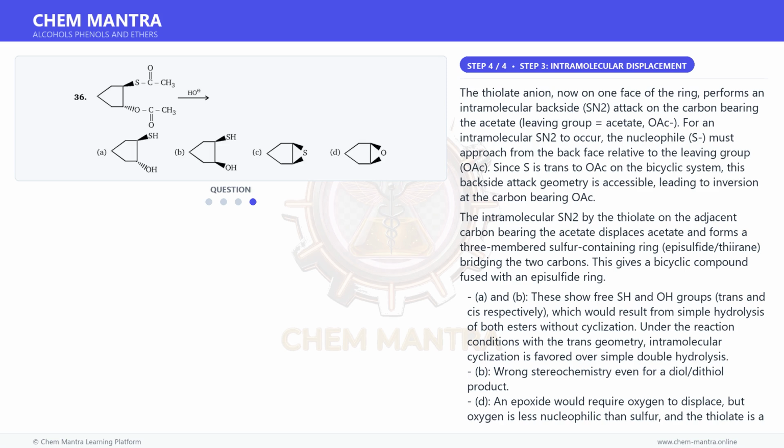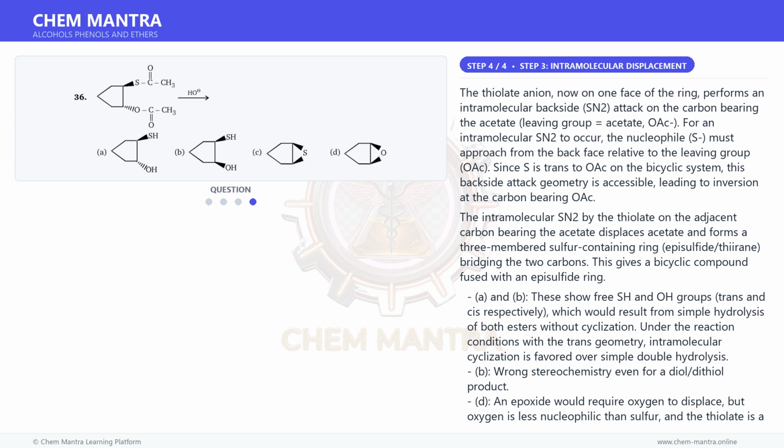And for the final step, the thiolate anion, now on one face of the ring, performs an intramolecular backside SN2 attack on the carbon bearing the acetate, leaving group OAc. For an intramolecular SN2 to occur, the nucleophile, S⁻, must approach from the back face relative to the leaving group, OAc. Since S is trans to OAc on the bicyclic system, this backside attack geometry is accessible, leading to inversion